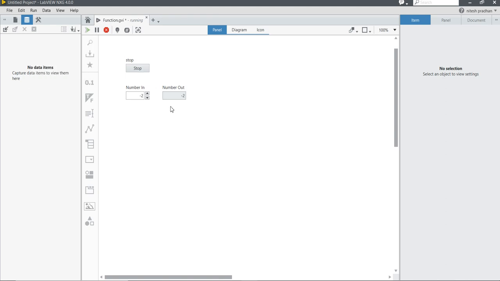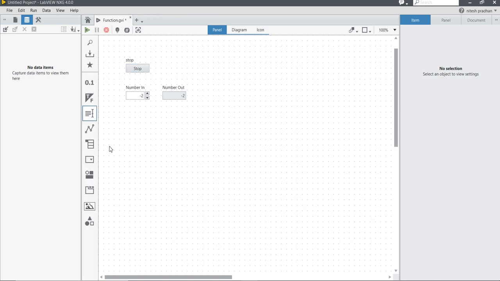So it is my humble suggestion to all of you who are trying to learn LabVIEW NXG: don't press the abort button if you are using a while loop, event structure, for loop and other things. Use the stop button to stop your program, because the stop button lets your program complete the last execution at least. So I will stop this program.